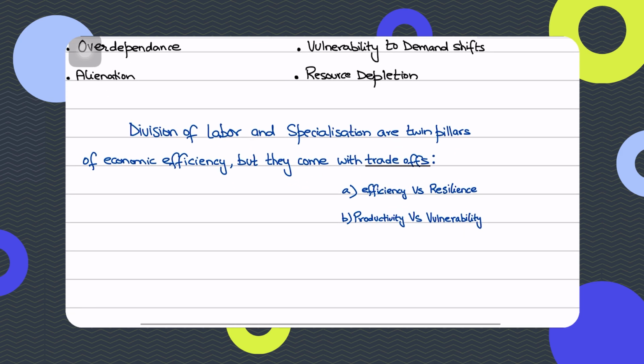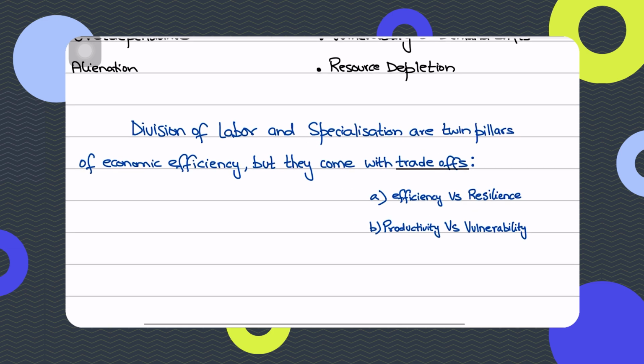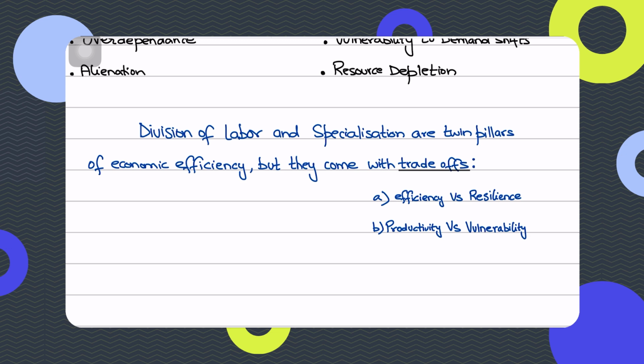And also remember that division of labor and specialization, this is a good line that I've written, are twin pillars of economic efficiency. Firstly, like I said, division of labor occurs within the firms between the workers, which leads to higher output and higher efficiency, right? While specialization, we're talking about industries and nations specializing. So specialization occurs across economies, and that magnifies the benefits of higher output and efficiency on a much more global level,